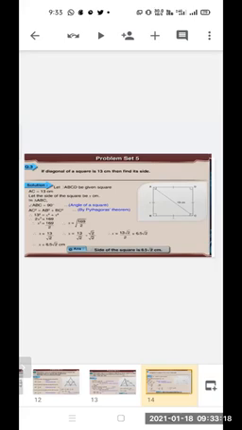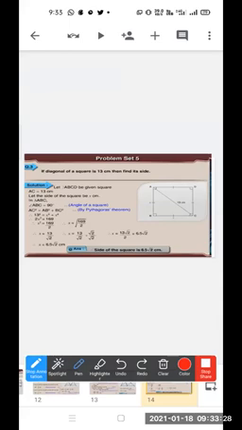So in order to find the side, which theorem do we have to apply here? We have to apply Pythagoras theorem. Now see here, if we consider the other two sides x, and this diagonal AC is given 13 centimeter, and we know that in a square all angles are right angles. So triangle ABC is a right angle triangle. So by Pythagoras theorem we can find the other two sides. Let us see how to solve.